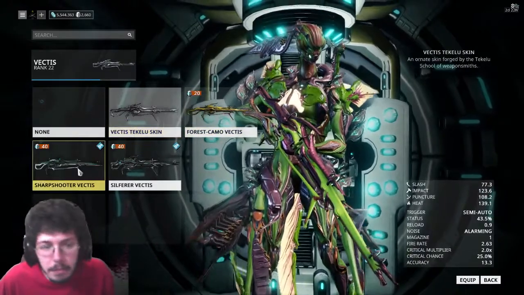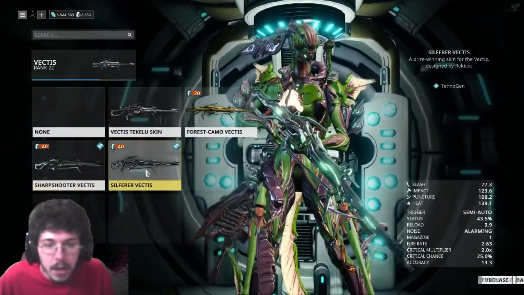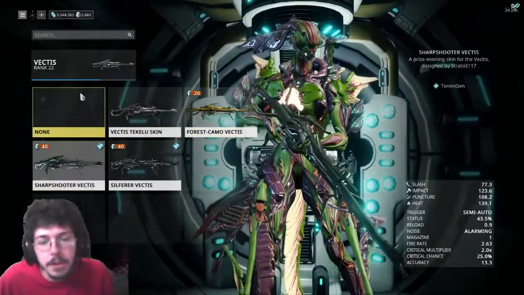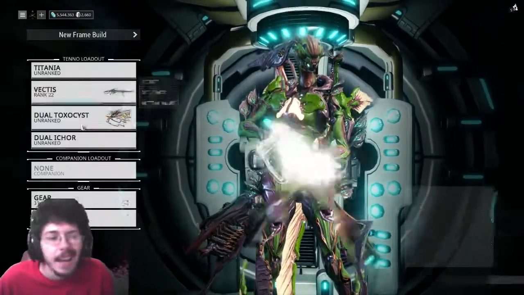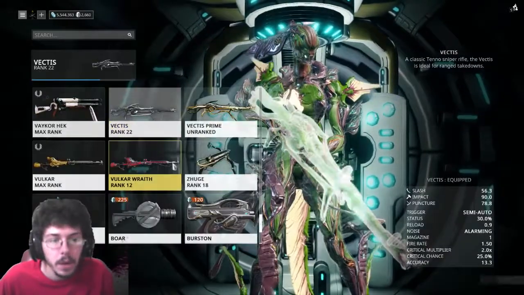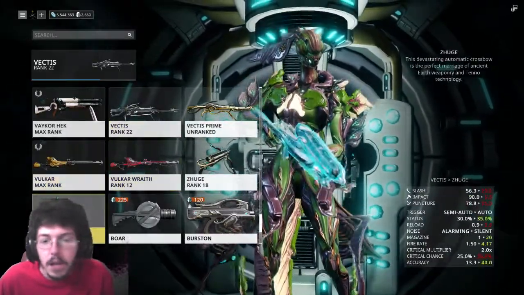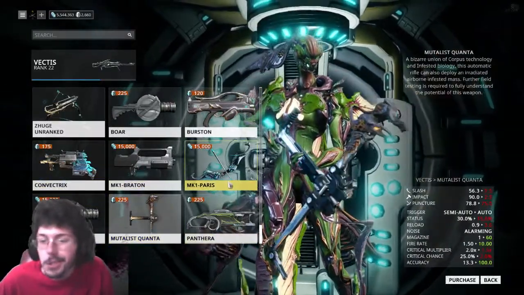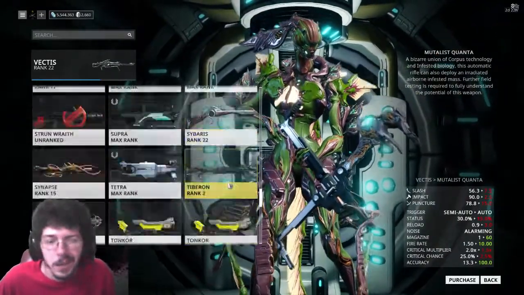Maybe not so much. Maybe the Tekulus, which just came out. I don't know. Work with some colors. That could do it for you. Not gonna do it for me. I'm gonna stick with the Mutilist. You know, Juge, you could do the Juge. None of these others. Maybe Mutilus Fauna if you want to go technologically with...